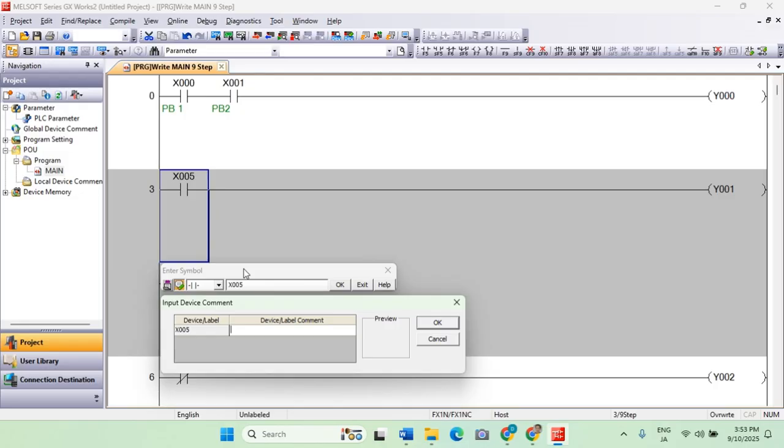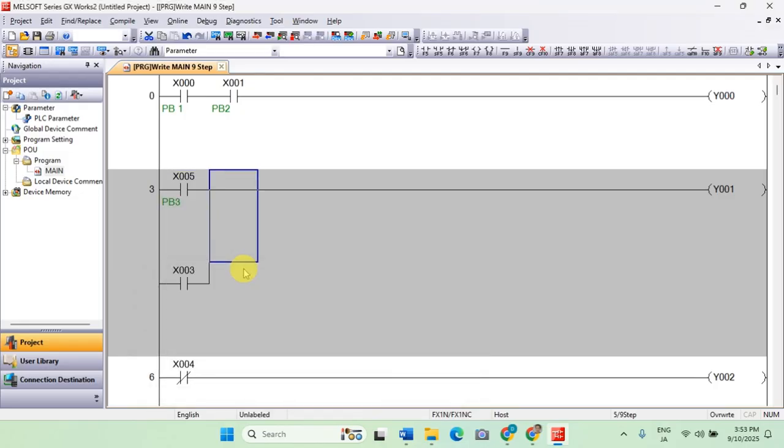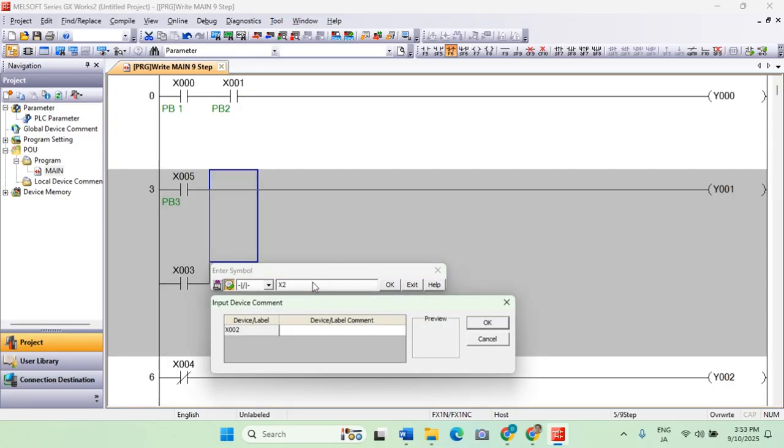So let's say this is push button 3. The good thing about this is you're not going to click that every time you want to add a device comment. So let's just try to add a normally closed contact, and then let's label this as X2. Okay, after labeling it, I can add a comment for this one. Stop.